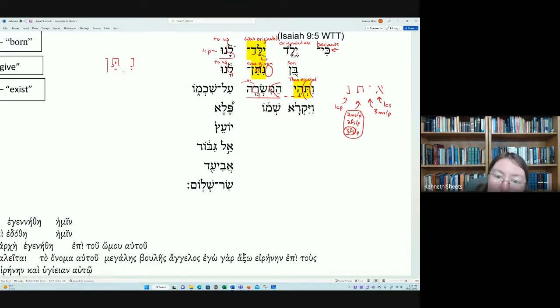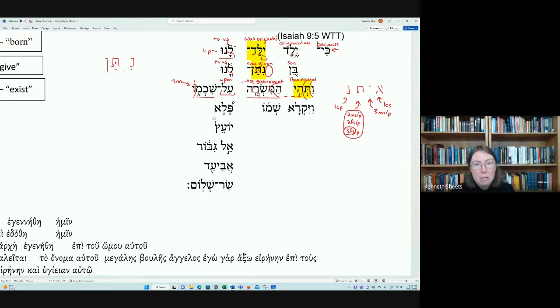So thus we'll say, I'll go ahead and use the word government here, but this is basically that idea of that right to rule. And then you have here al shikmo. So al, that's that preposition that we just saw. It has the idea of upon. So upon, and then notice here, shikmo, I have a third masculine singular pronominal suffix on this word here, which